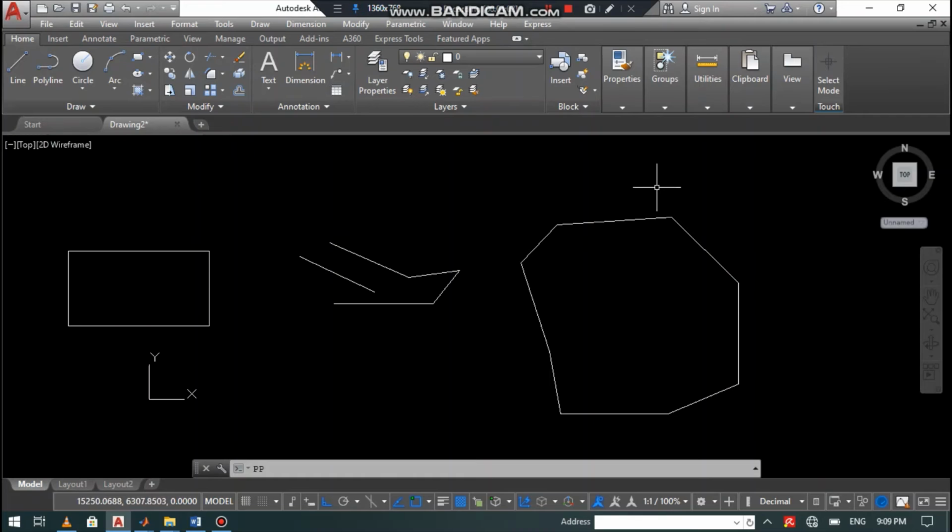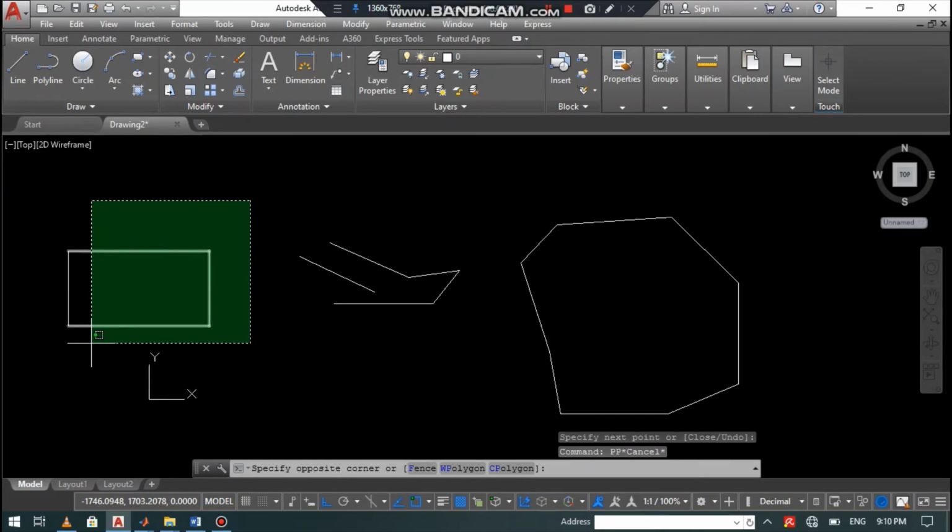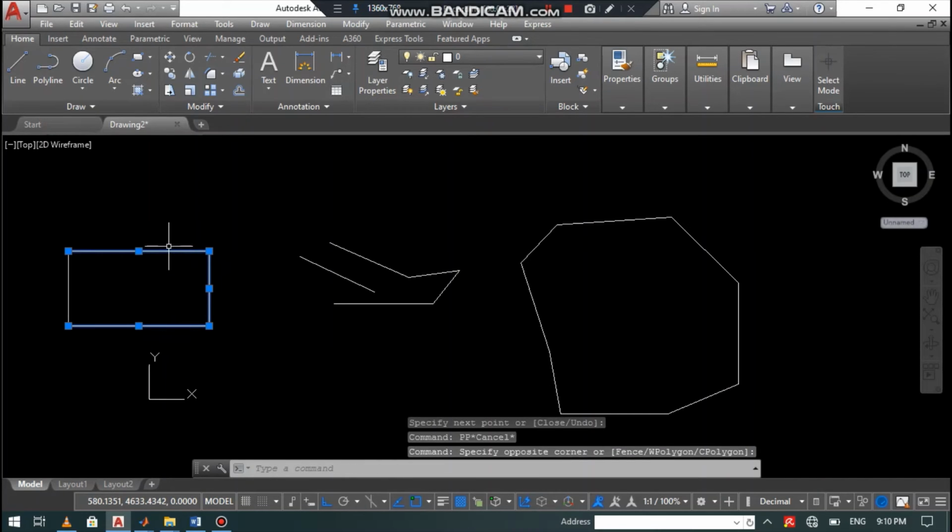Now another important thing is how to remove the object which we have drawn with the line command. For this you can select the object with the left click of the mouse like this. You can see it is selected.